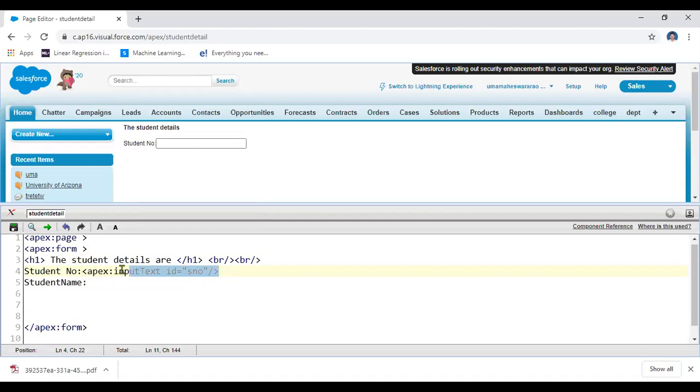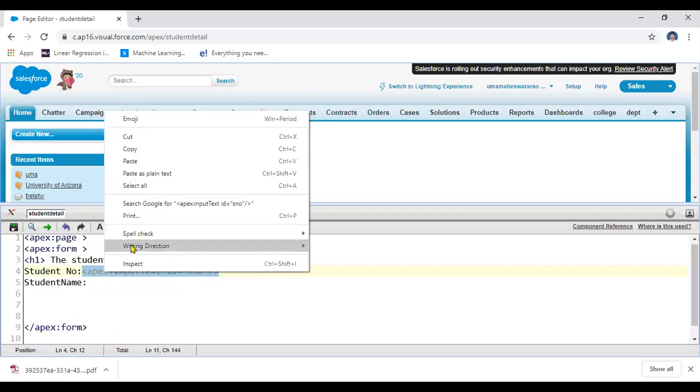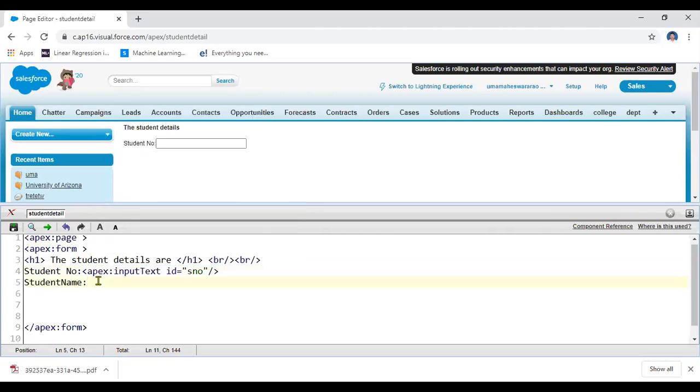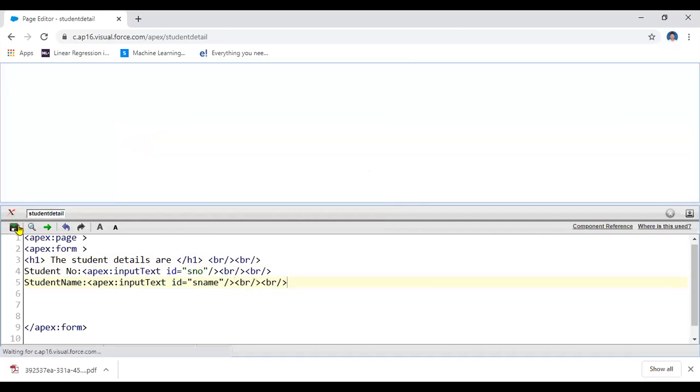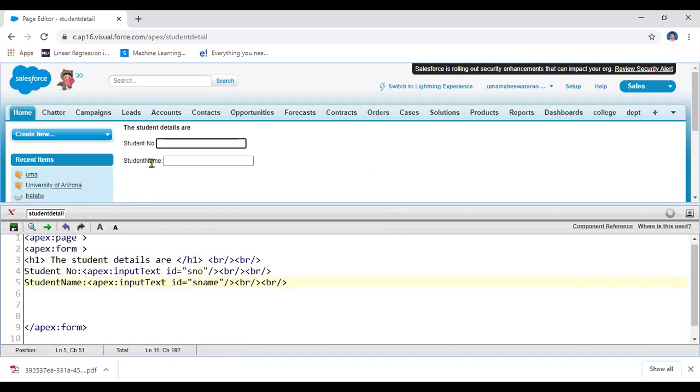Let us take something simple. Student name, for example, takes a student name. Write a break here. Then if you write the break, automatically student number, student name, student marks appear. Here you are executing this particular information.